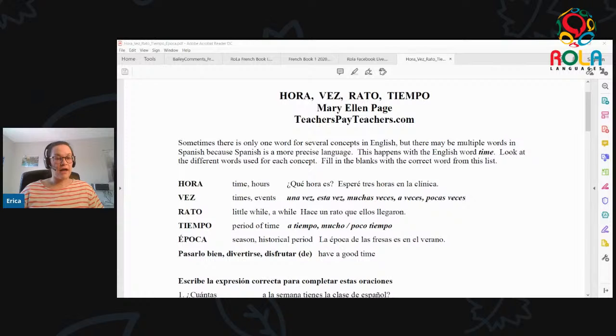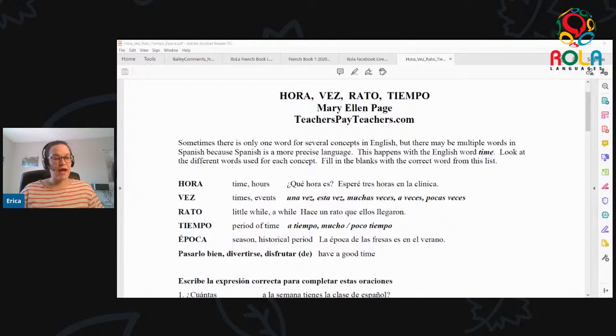So if we're asking, what is the time? For example, ¿qué hora es? That's the way we use hora to express the time, with the specific clock time. Or if we're asking how long did something take you, and your answer maybe is 2 horas, then we're using hours as in that unit of 60-minute time. So hora is the first way we can express time in Spanish.